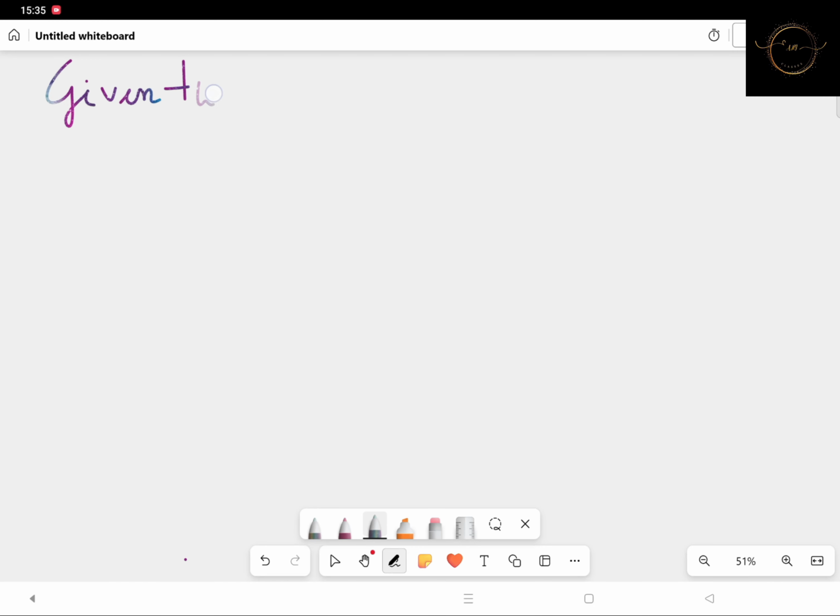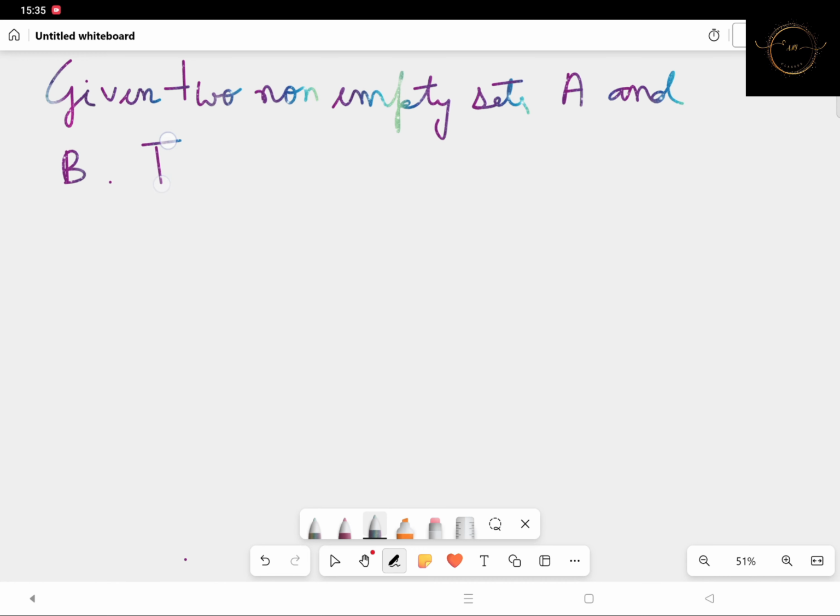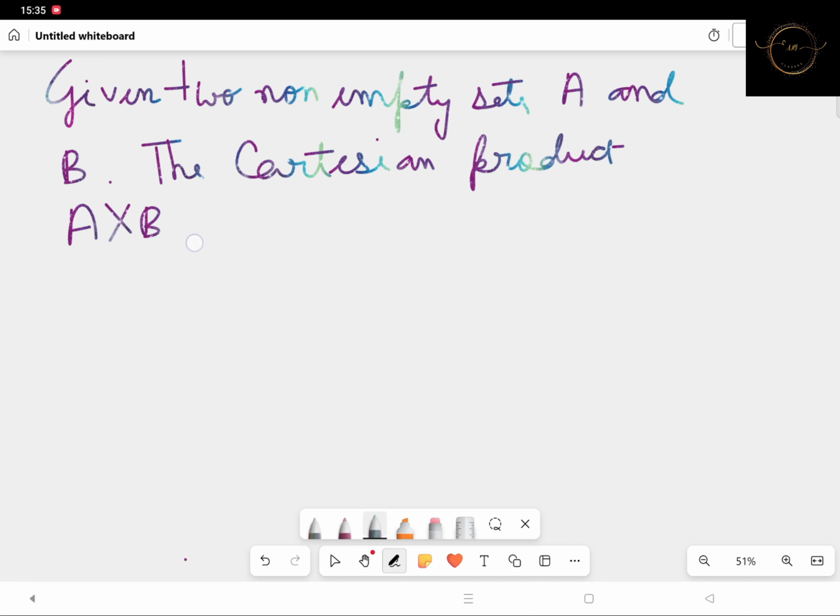So given two non-empty sets A and B, the Cartesian product A cross B, what is it then? It is the set of all ordered pairs